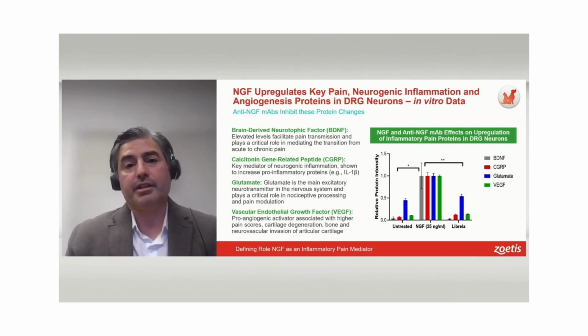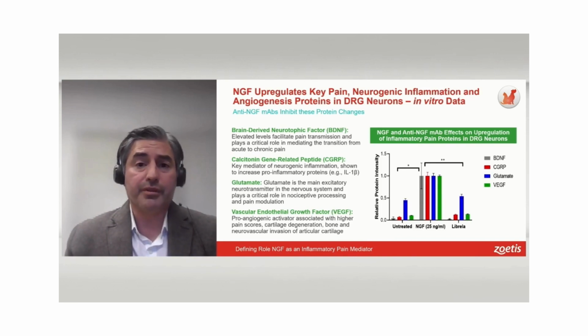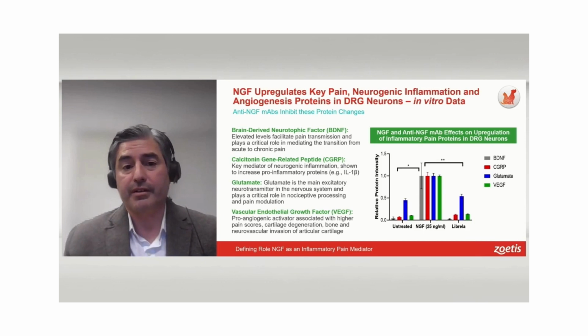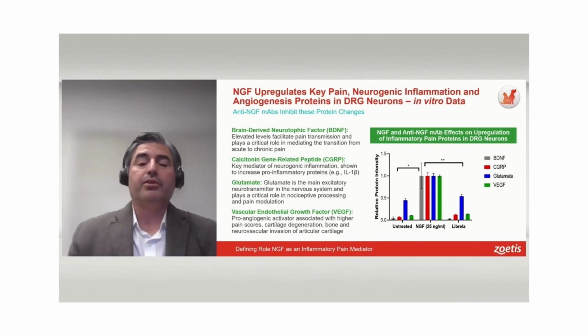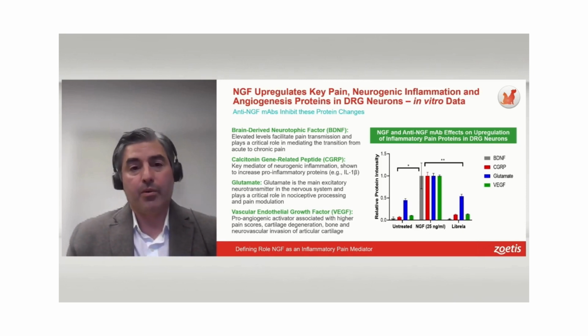So here we're looking at DRG neurons, and we're looking at a variety of different types of proteins. We're looking at other neurotrophins like brain-derived neurotrophic factor, BDNF, which we know is important in pain signaling. We're looking at CGRP again, involved in neurogenic inflammation. And we're looking at neurotransmitters like glutamate, which we know is very important in terms of translating that signal from the peripheral nervous system into the central nervous system and the perception in the brain. And also VEGF. I mentioned earlier angiogenesis being an important part of disease, and we're showing that VEGF is also